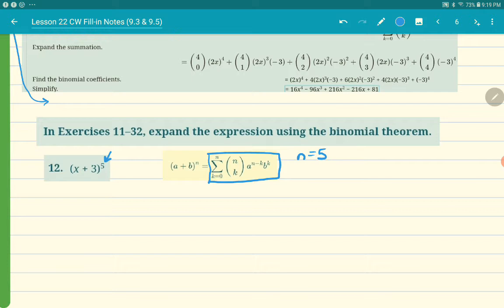So if n equals 5, I'm going to have 5 terms. Sorry, 6. So n plus 1, right? Because I have the n and then I'm starting at 0. So n plus 1 terms, so that's 6. So 6 terms. 1, 2, 3, 4, 5, running out of space, 6,